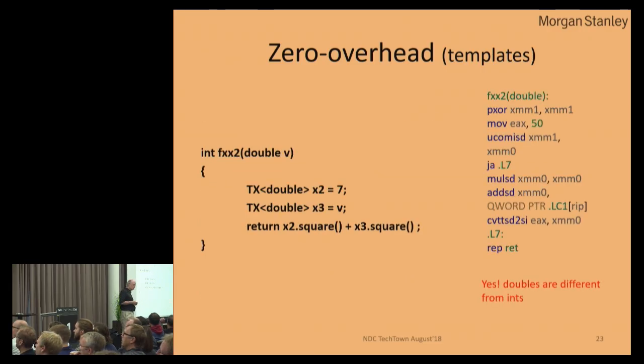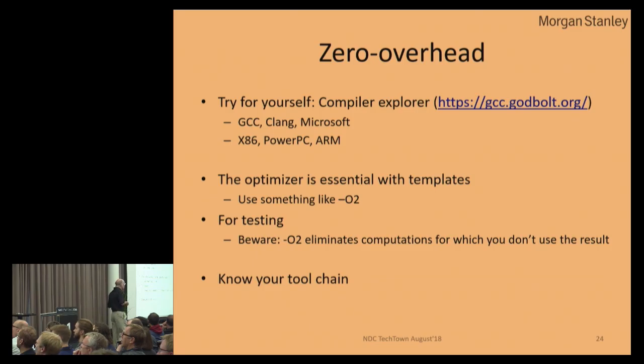Let's try a bit more. Let's try doubles. Doubles are not the same as ints, so therefore it has to generate different code, and floating point is a little bit more complicated than integers, but as far as I could see, for this machine, for this code generator, it is exactly the same code as you would have gotten if you had handwritten that X as like XD with a double in there. There's nothing particular there. So basically, zero overhead is met. You may be able to write better in hand code, but in any large amount of code you couldn't. So try it for yourself.